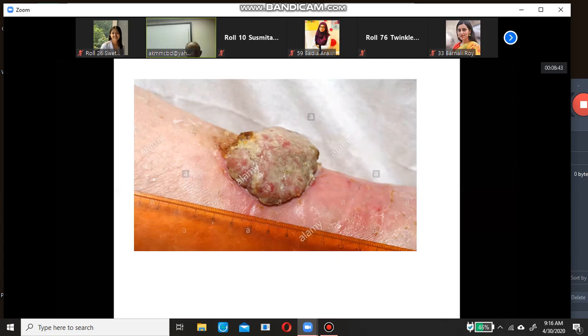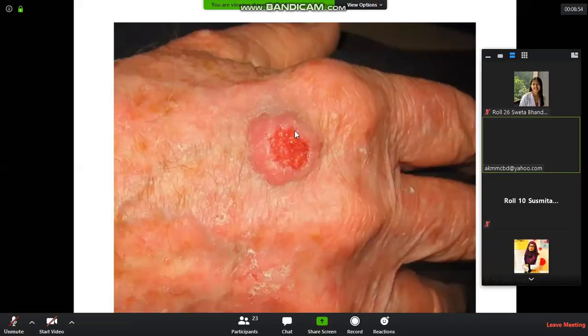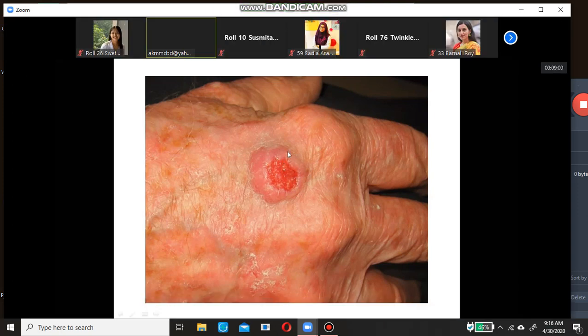In case of squamous cell carcinoma, here also you see it is probably squamous cell carcinoma. And it is in the hand.